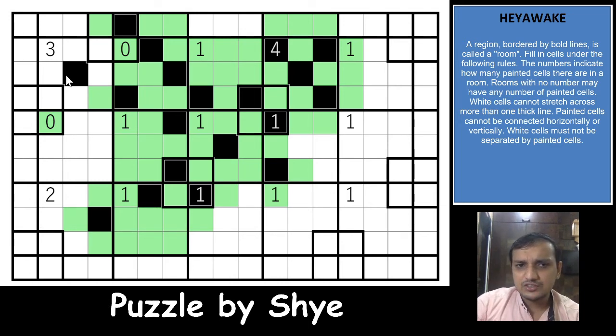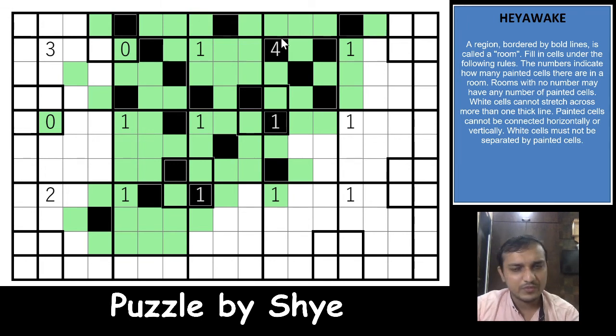I cannot shade this cell because what happens here is that you won't have enough cells to be shaded in the 3 region, right? Not possible. So this cell will be unshaded. Okay, again this cell will be shaded because of the thick border rule here, and this cell will be shaded again because of the thick border rule. That's nice. Okay,